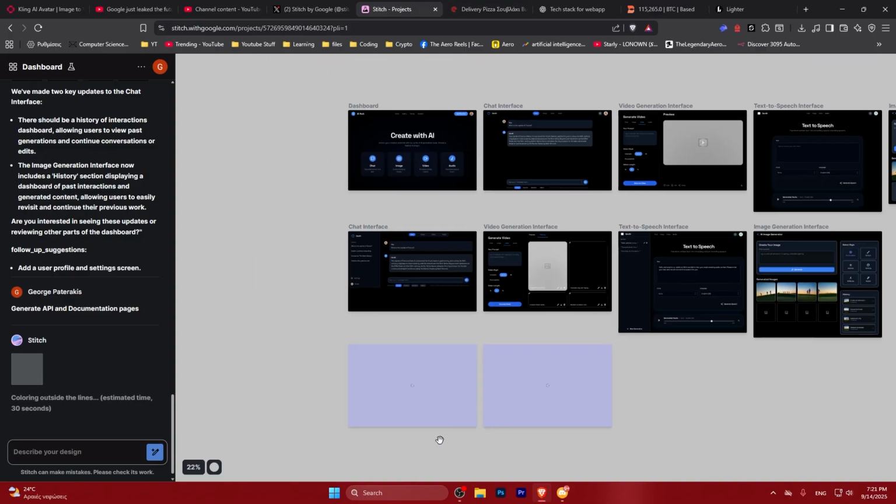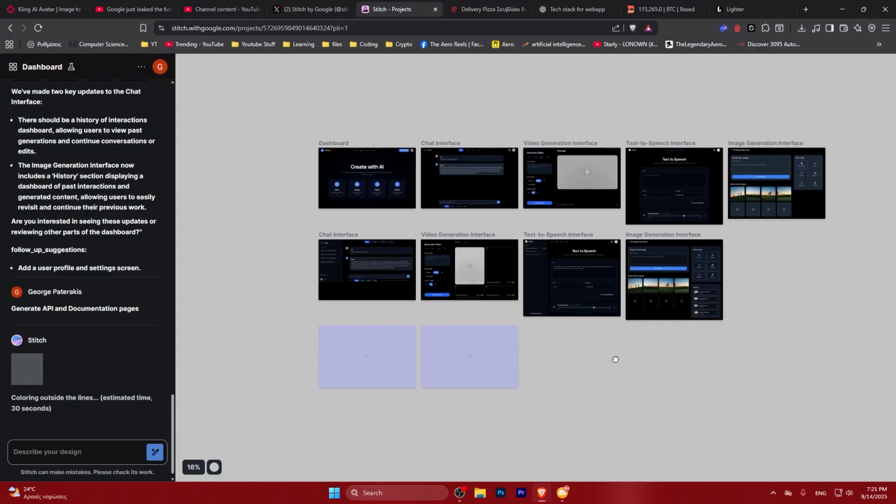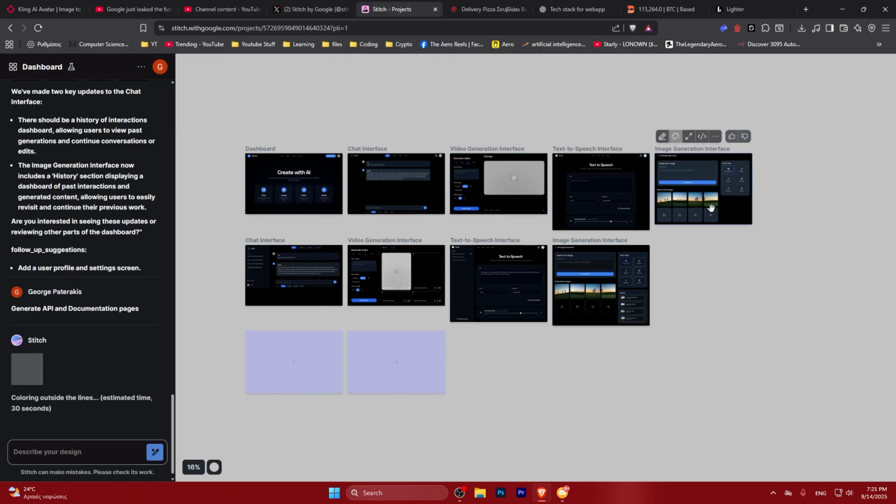But you can already see how fast we were able to prototype nearly all of the functionality of the application. Of course, there are more things to do, but you don't really need to design everything from scratch. You need a basic design, and you can then build up on top of it with all of the reusable components that you will be creating inside Angular, React.js, or whatever you use for your front end. So this is pretty much all you need. You need 20 to 25 minutes with this AI, which is completely free, and you've got amazing designs for what you want to create. And then after you turn this into code, you can customize it however you